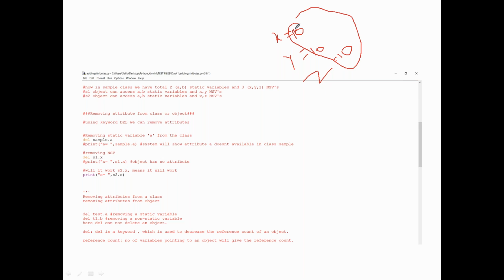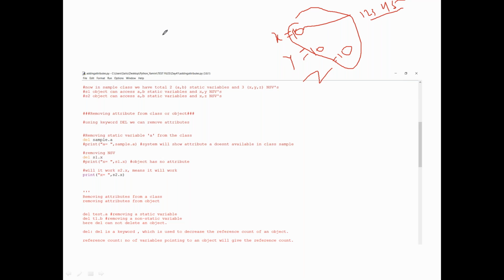It doesn't mean that memory is allocated to x, y, and z separately. There will be only a single address for the 10. So 10 might be stored at address 1, 2, 3, 4, 5. This address is referred to by the x variable, y variable, and z variable. So right now, 3 variables are referring to this address.